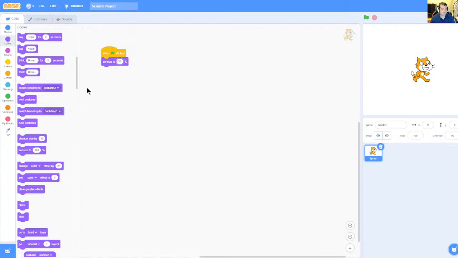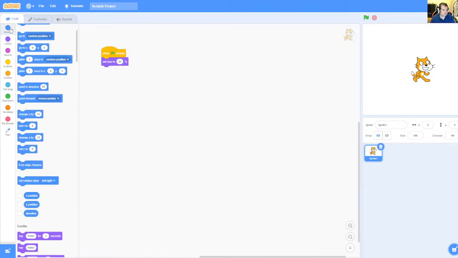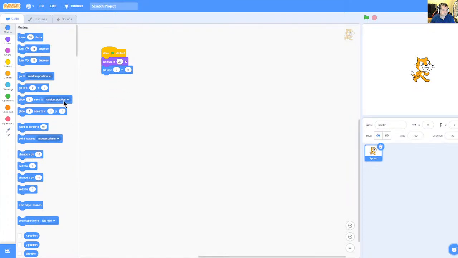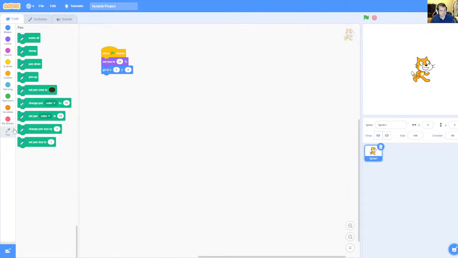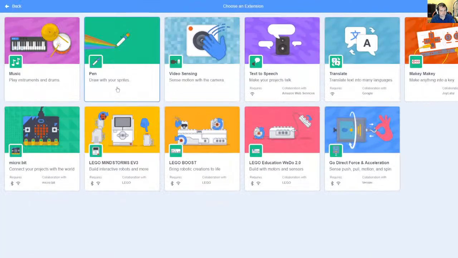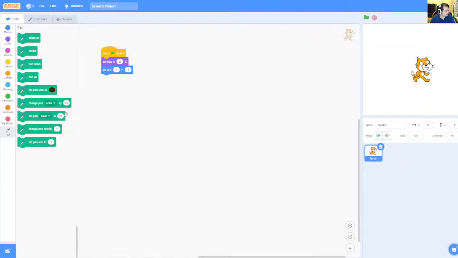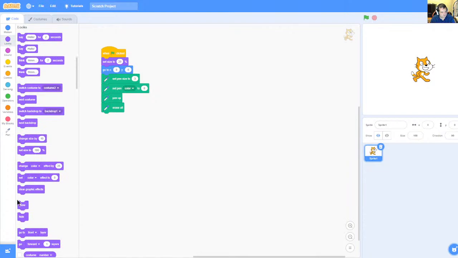All right. And then let's make him start at the origin. That's our initialization, right? And then let's see, I got the pen going. If your pen isn't showing, maybe you switched out right here, right? You're clicking on pen. All right, let's set the pen size to 3, and then let's set the pen color to 0. Let's put our pen up, erase all, so then everything's all nice and clean. We're going to show Scratch,